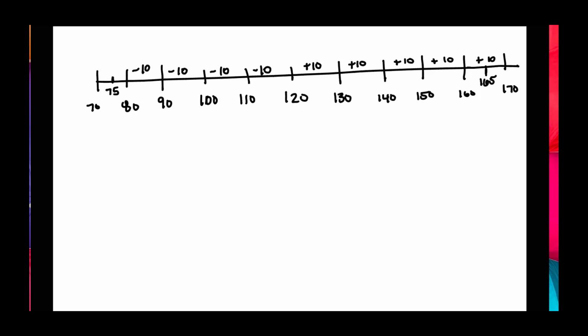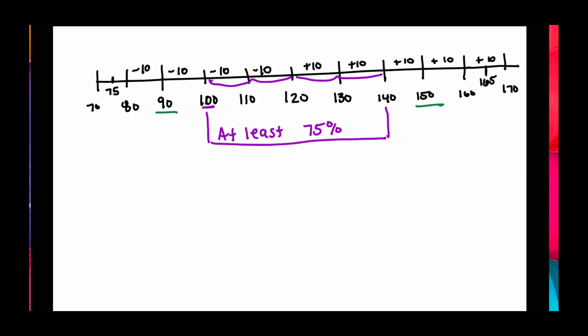All right, so if I'm filling this out, there are no rules, no characteristics for one standard deviation each way. So we just use the 110 and the 130 to help us get to 2 standard deviations. So 2 standard deviations would be from 100, so that's 2 that way, 2 this way, to 140, and that's at least 75%. And then if we go out 3 each way, so that's 90 to 150, that's at least